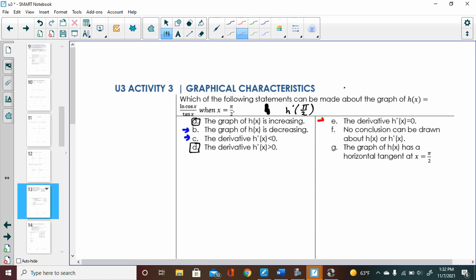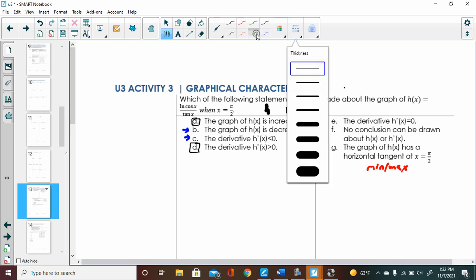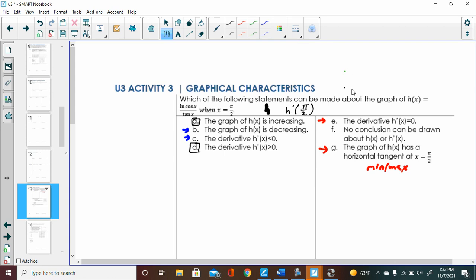If this derivative equals 0, then I can say that there's a horizontal tangent at this point, that there's a minimum or a maximum here. But lastly, one of the things I can say is that no conclusion can be drawn about either of these at pi over 2,